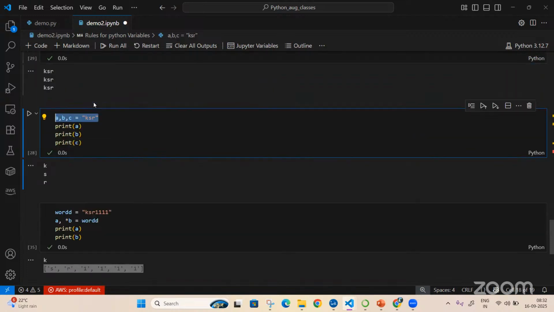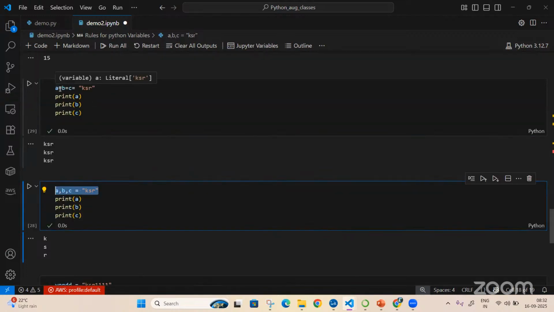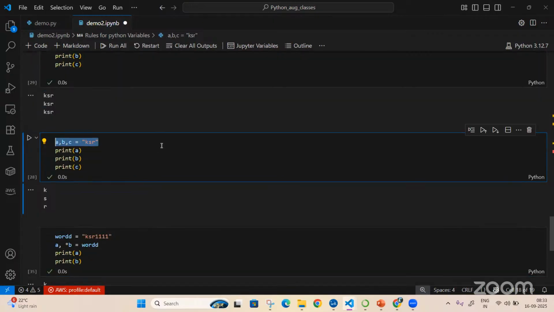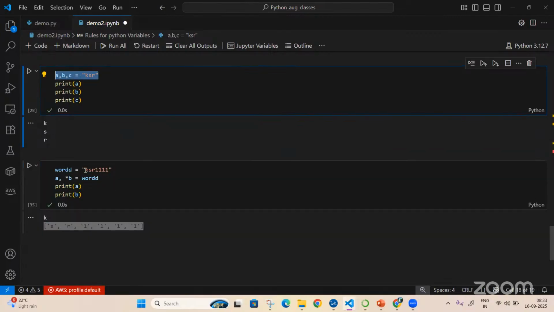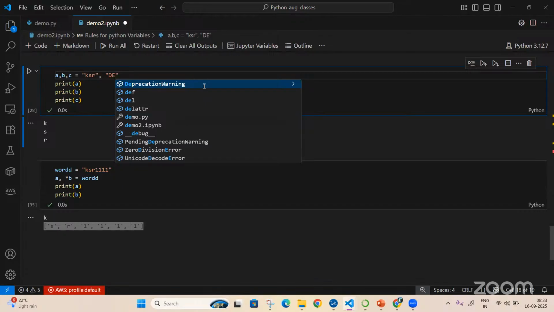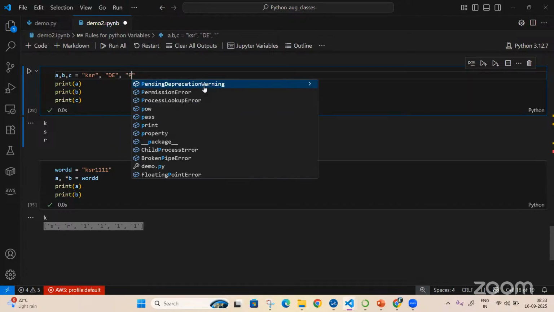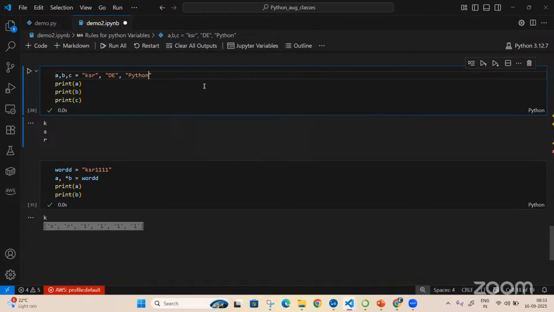If you want to assign one word, you have to give A is equal to B is equal to C is equal to KSR. If you want to assign multiple words to multiple things, I'll define 3 different words: KSR, data engineer, Python. Now, what would be our output?